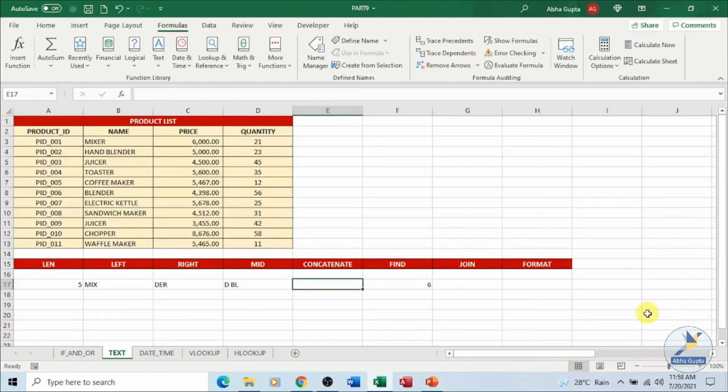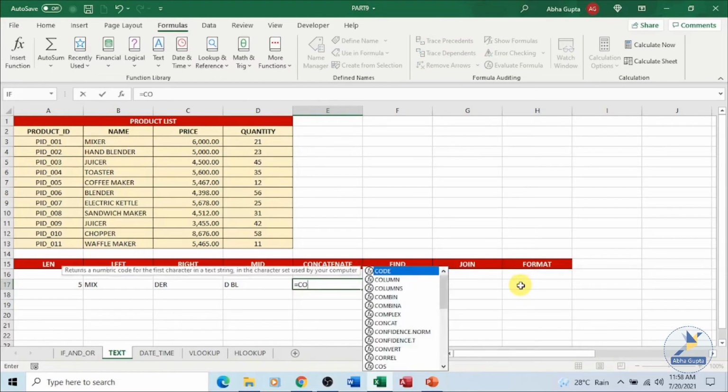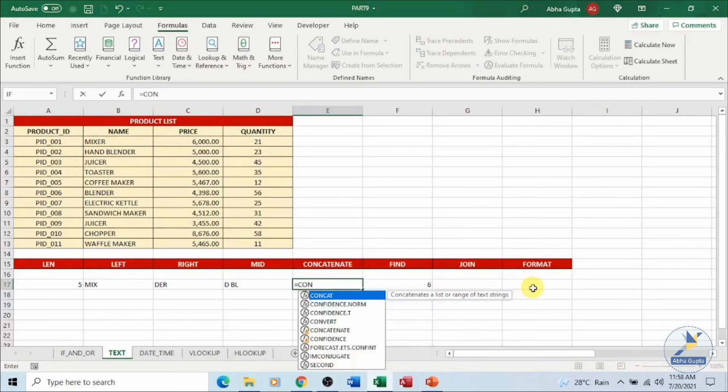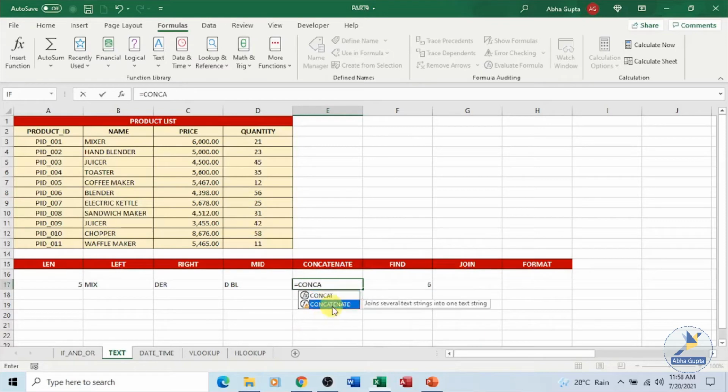The next function which we have is the concatenate function, which joins 2 strings together. If we want to join the data in A3 and B3 together and place it in a cell over here, we can always do that. Make use of the concatenate function, and we want the first text to be this one.